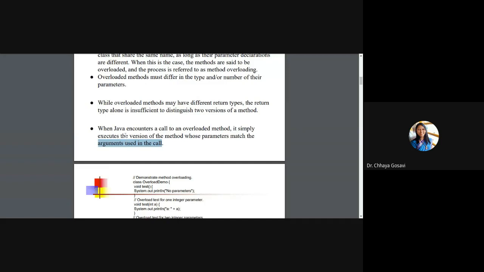So in your program, for a particular method, you can have any number of versions. It is not restricted that you should have only two methods with the same name or three methods with the same name. You can have any number of methods provided that the list or type of parameters is different. These are all called versions of that method, and depending upon which parameters you have, you can call any particular version.